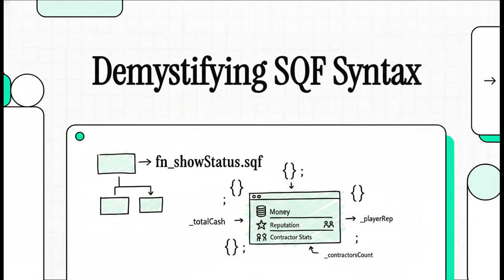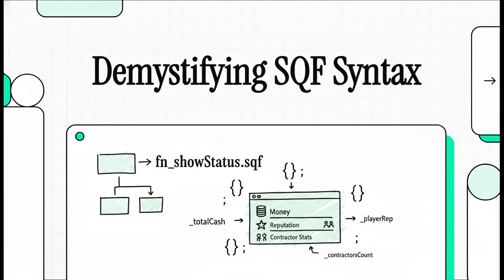Welcome to the Explainer. Today we are cracking wide open Arma 3's SQF syntax, and we're going to use the Altis Mercenary company as our guide. We're doing a total beginner-friendly walkthrough of SQF, specifically by doing a step-by-step reading of the fn_showStatus.sqf file. That's the script that actually builds the dynamic PMC UI report right on a player's screen. By looking at exactly what it takes to build this menu, I promise you, the entire language is going to